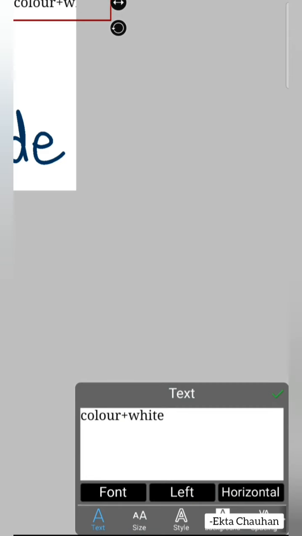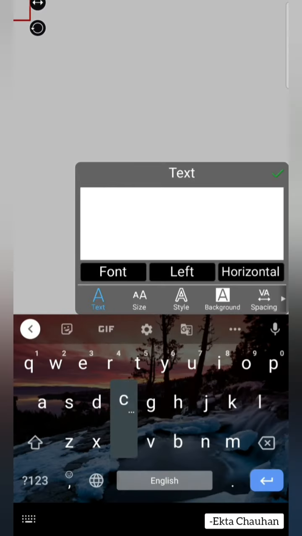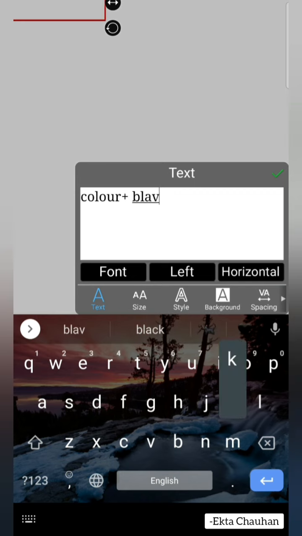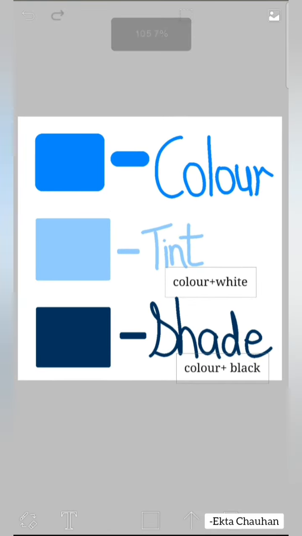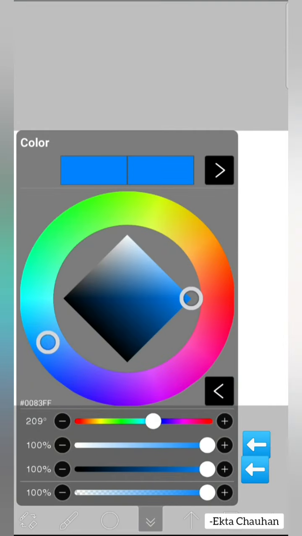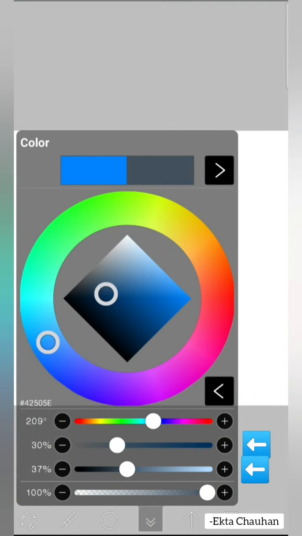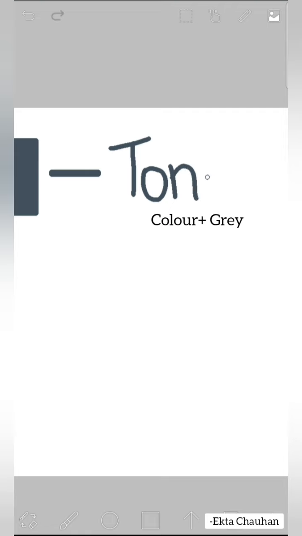When you add some white to any color, you are creating a tint of that color, and when you are adding black instead of white, you are creating a shade of that color. When I use both these sliders and make it a little bit gray, it means this is the tone of that color. Let me show you by making a square again. You can notice that this looks kind of grayish blue now. There is one more thing in addition to shades, tints and tones, which is called mutes. We'll talk about it in some time.